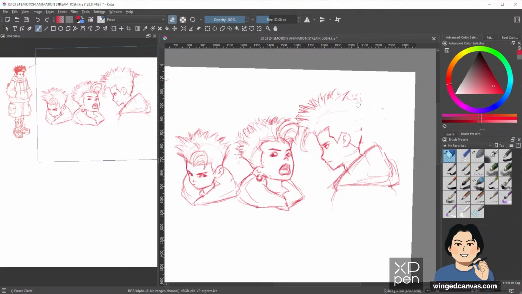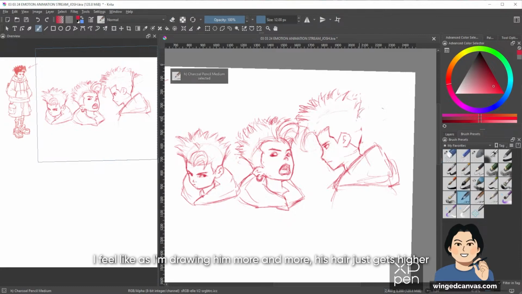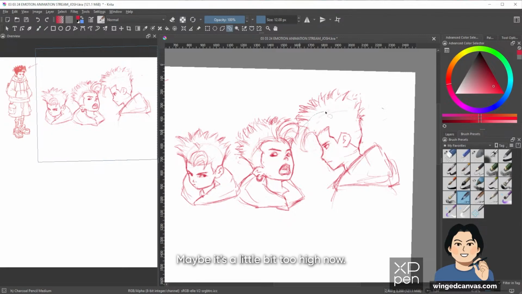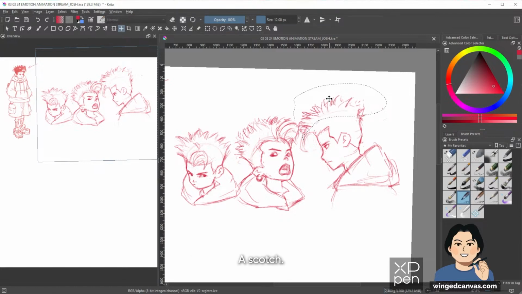Yeah. I feel like as I'm drawing him more and more, his hair just gets higher and higher. Maybe it's a little bit too high now. I'm just gonna move it down a notch. I feel like something like this would be good. Giving him that bleach, that Ichigo style hair.